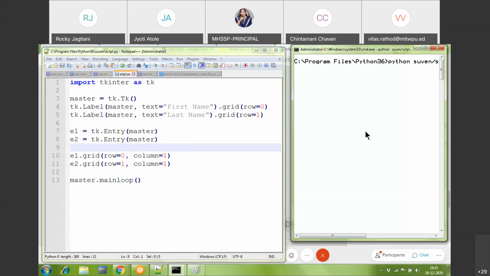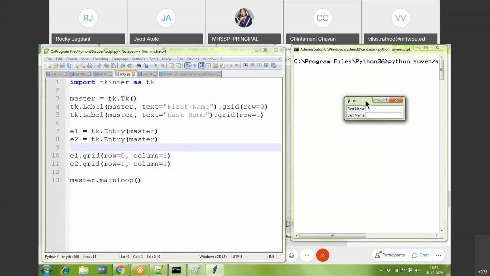Let me first run the code. Have a look at the output first. Super simple application. First name is a label. There is a text box here where you can type something. Let's say your first name is ABC. Tab. Last name is DEF. Of course, I don't have any way to submit this, but yes, we can add more code to submit this